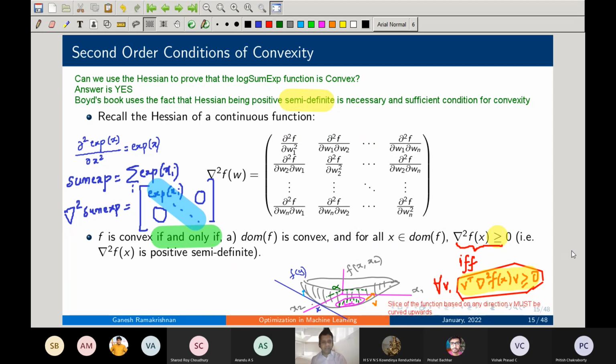But in terms of actual proof methodology, how can I use it? The intuition is, for the first order condition, we require that the directional derivative is non-decreasing in every direction. Here we are saying that the curvature is positive in every direction. That point is fine. But now I want to use it. I would like you to suggest how to use this for showing that log sum x is